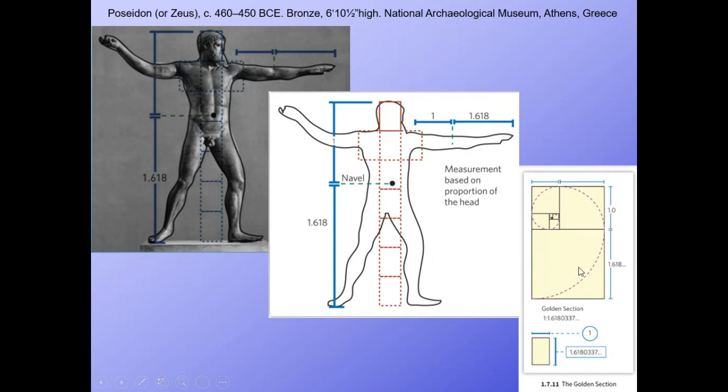What's fascinating about this is known as the golden ratio, or golden section, or the golden rectangle. It's a rectangular form in which if we cut a perfect square out of that rectangle, we're left with a rectangular section that is the same proportion as its original shape, but smaller. And you keep doing that, cutting a square out, leaving a rectangle, cutting a square again. And if you connect those opposite corners of those square units, you create this perfect spiral